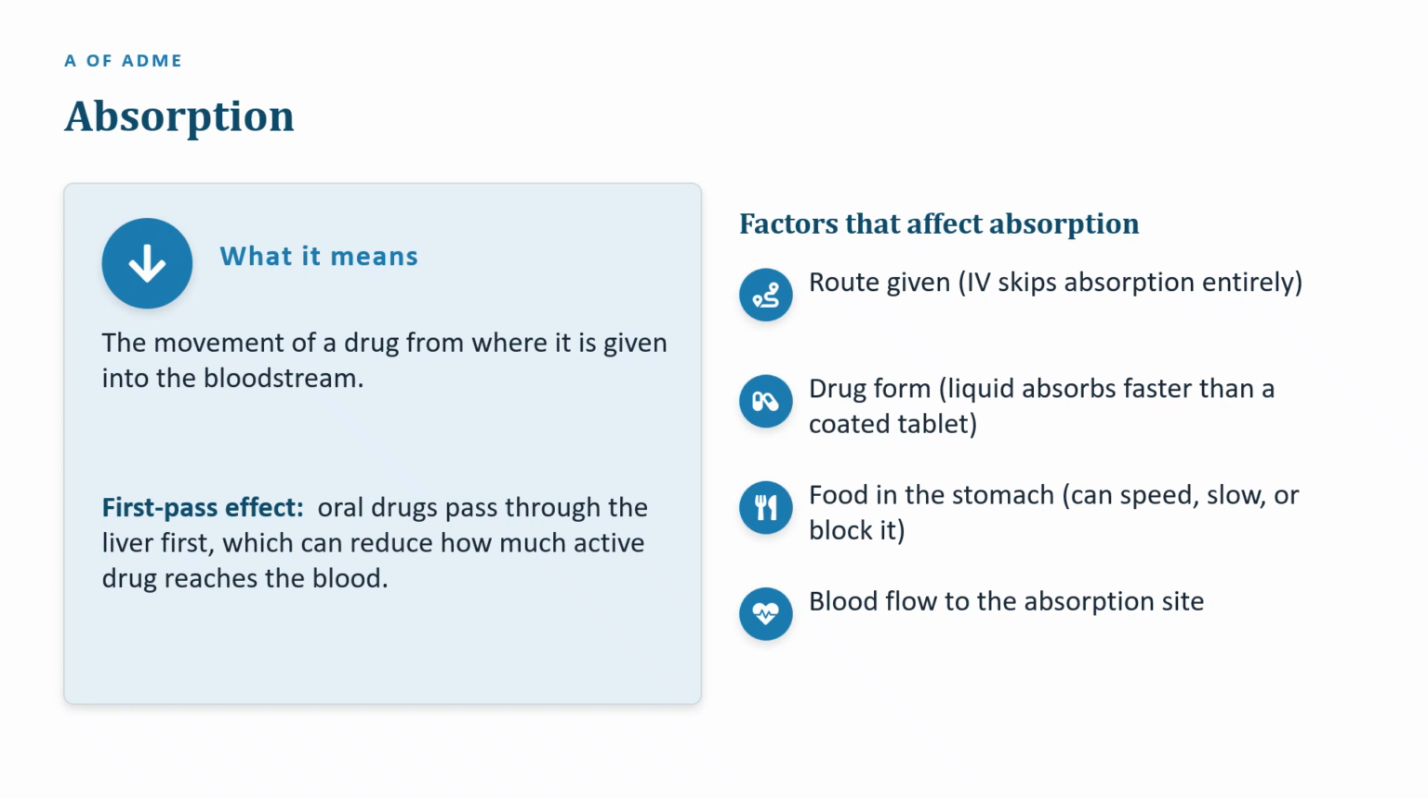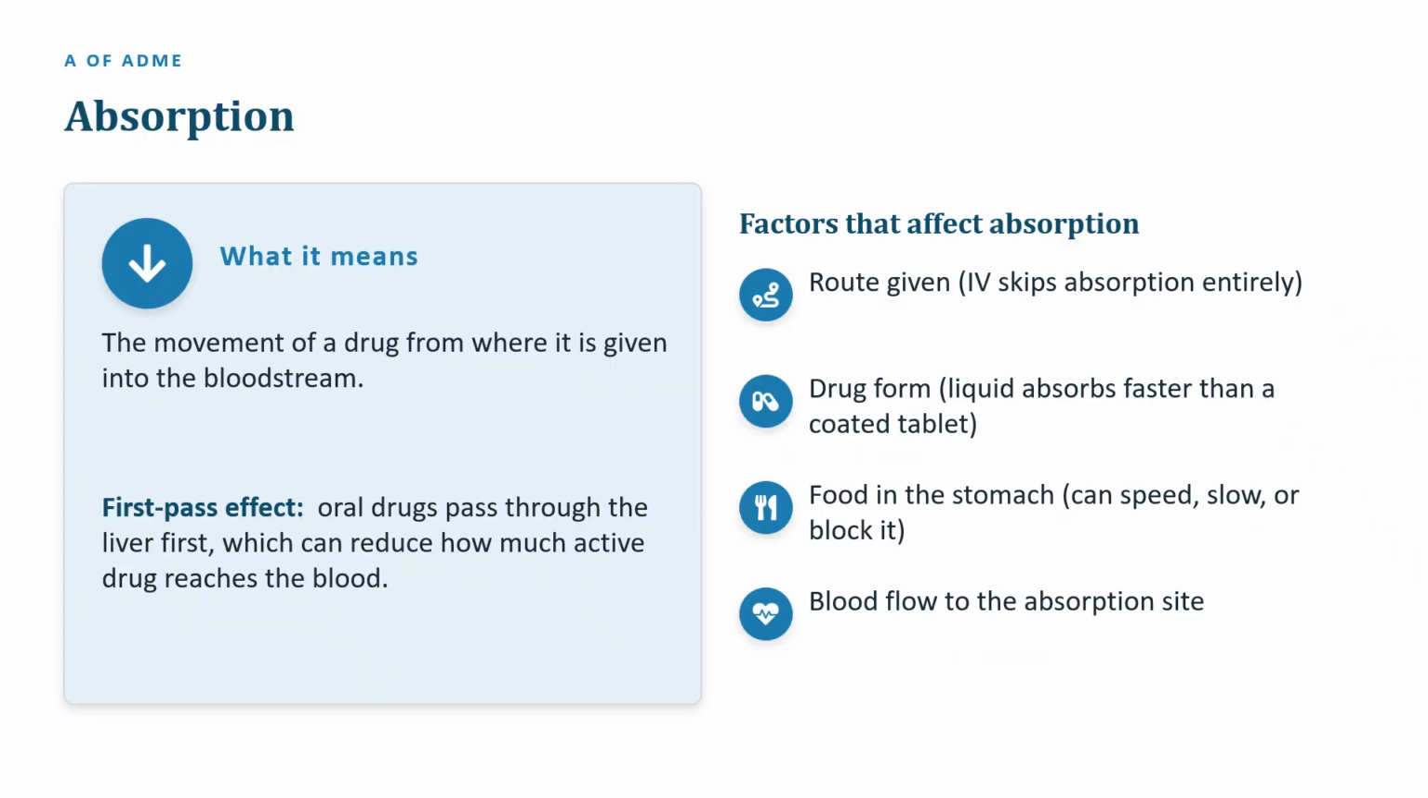Now we start walking through ADME, beginning with the letter A for absorption. Absorption is the movement of a drug from where it is given into the bloodstream. Until a drug is absorbed into the blood, it can't travel to where it's needed, so absorption is the gateway to everything that follows. On the right are the main factors that affect how well and how fast a drug is absorbed. The route matters most, and remember that an intravenous drug skips absorption entirely because it goes straight into